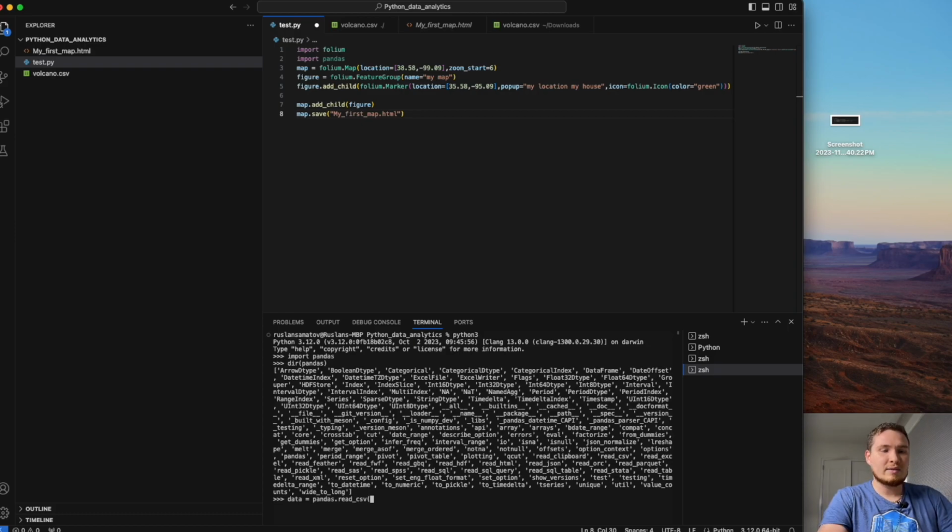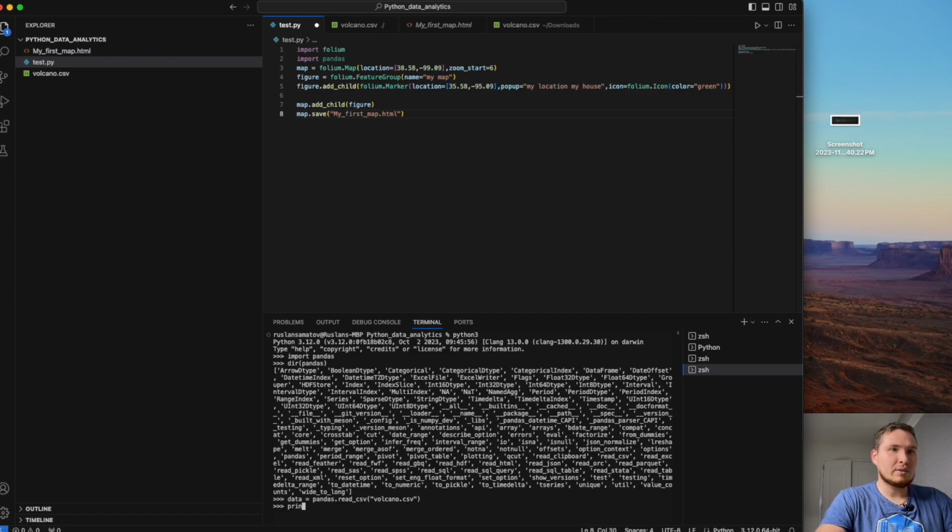In the brackets we need to specify the path, but since we stored our file in the root folder, we do not need to pass the path. We can just give a name, right? Let me close the brackets and read it. Okay, we successfully read it.